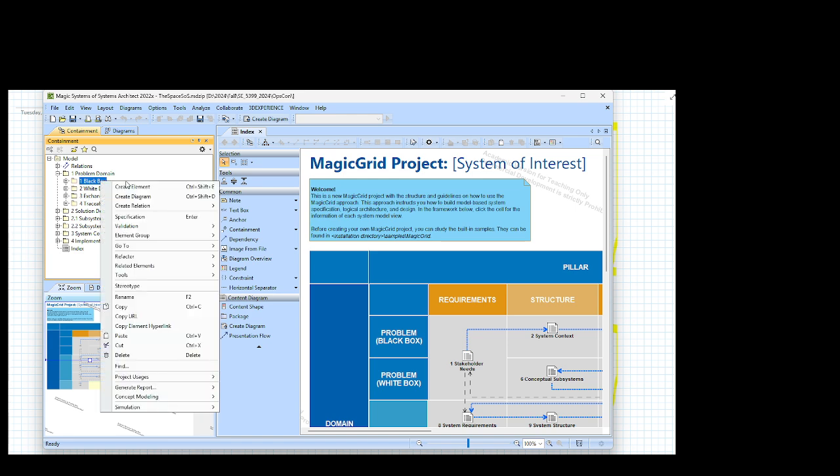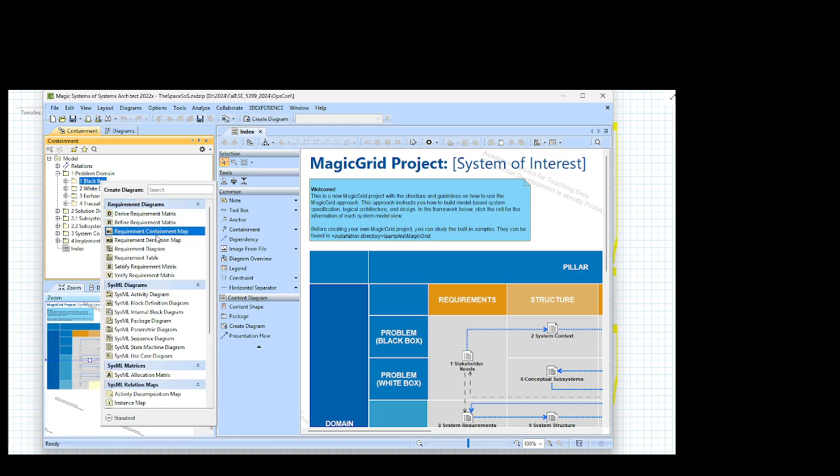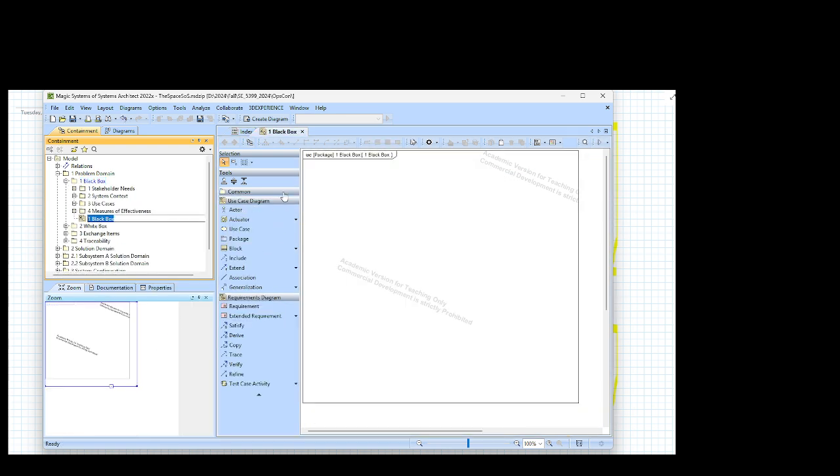Just bear with me for a while, because you will see all that I'm talking about right now, and everything that I'm mentioning falls under systems engineering, specializing in model-based systems engineering. So let me go and create a diagram, and here we have a SysML use case diagram. Okay, and let me go back to that screen where I created